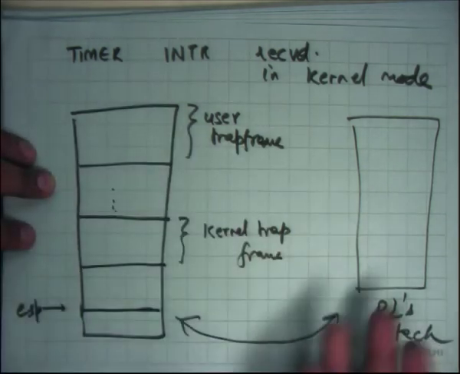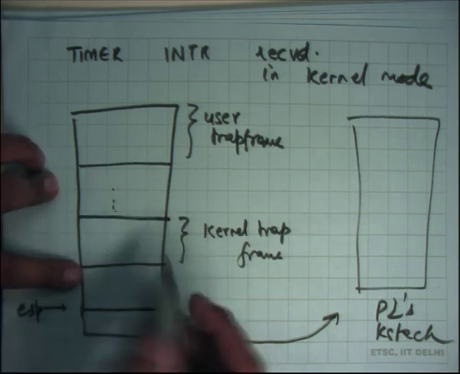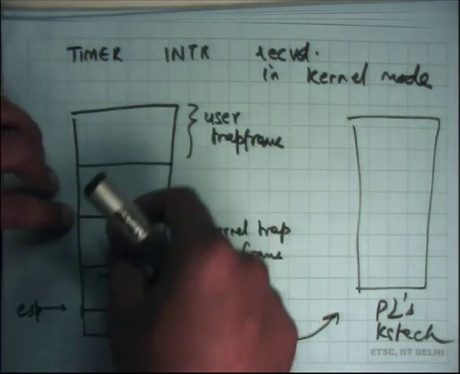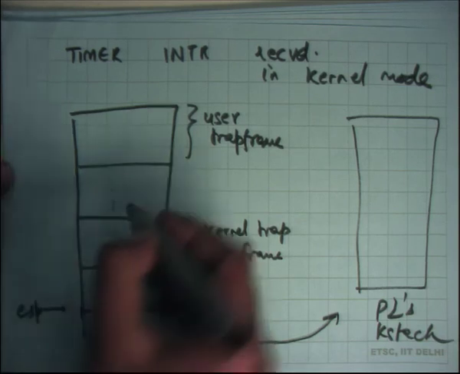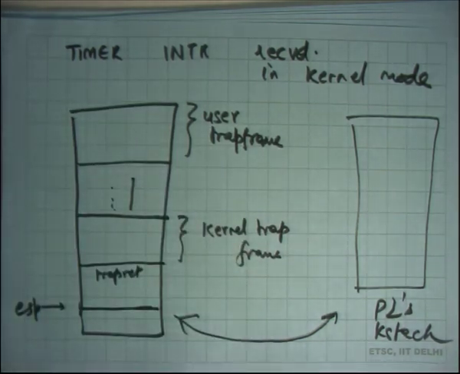If it ever comes back, it is going to unwind the stack. Once again the kernel's trap frame is going to have trapret here, so it is going to return to the trapret function, return from the kernel trap, and resume execution at exactly the same point where it was interrupted in the kernel. Now it will execute again in the kernel even after returning from the trap, and then it will again do trapret and go back to the user. So it is possible for the kernel stack to have two trap frames, one for the user, and one for when, while executing in the kernel, it got interrupted again. Okay, let us stop and discuss more next time.